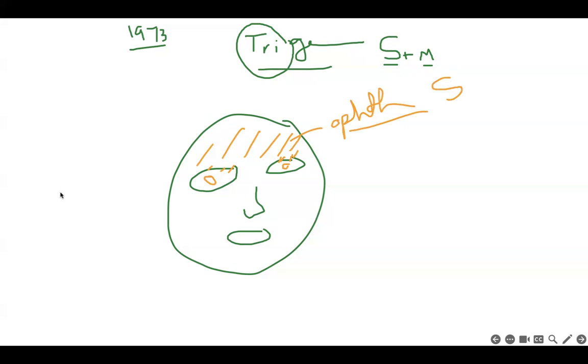It also supplies the skin of the lower eyelid, the skin of the anterior part of the temporal, the skin of the zygomatic, the skin of the side of the nose, and the skin of the upper lip, and this is by the nerve named maxillary. So the maxillary is also mainly sensory. The remaining part of the face